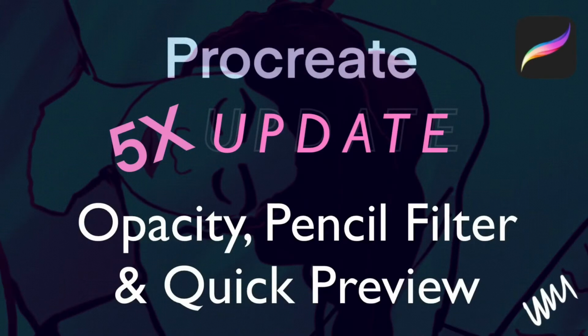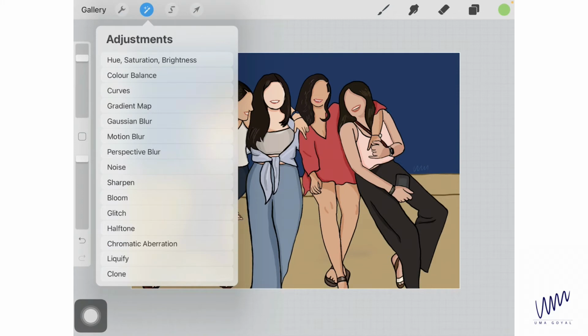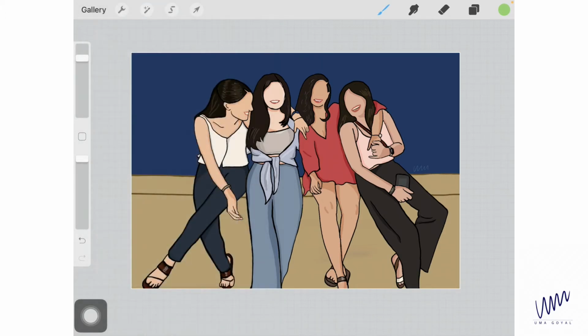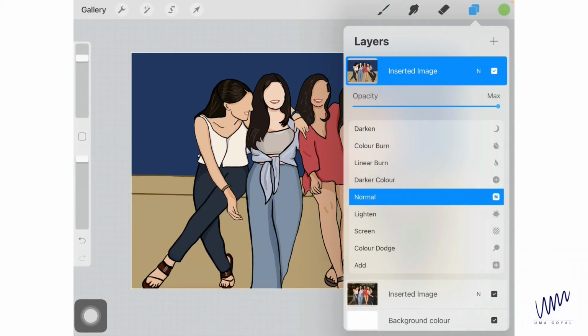Now we're going to talk about opacity, pencil filter and quick preview. The one bad news that the Procreate 5x update brought was that it removed opacity from adjustments. It has rearranged the effects, and opacity and recolor have been removed. So the only way to reduce the opacity now is to actually go to the layers, select the layer, and you click on this letter N and you'll find the opacity slider there,